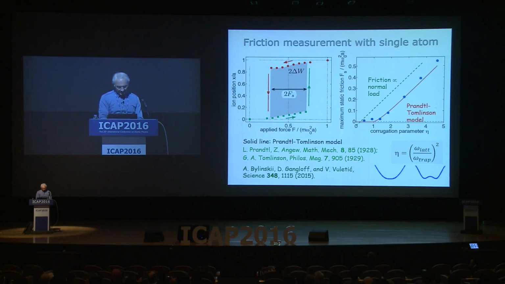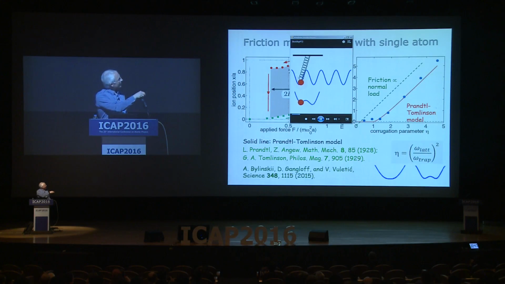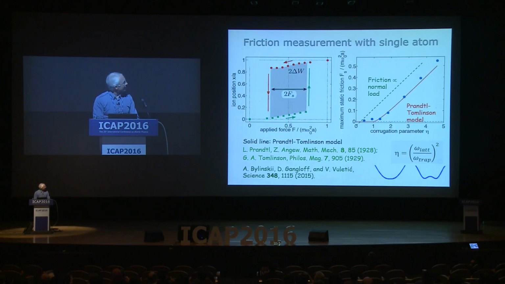And the offset is rather easy to understand. This is what I've shown you before. When the lattice is deep, but not too deep, we have one extra minimum, and there's the stick-slip friction like so. However, if the lattice is too shallow,